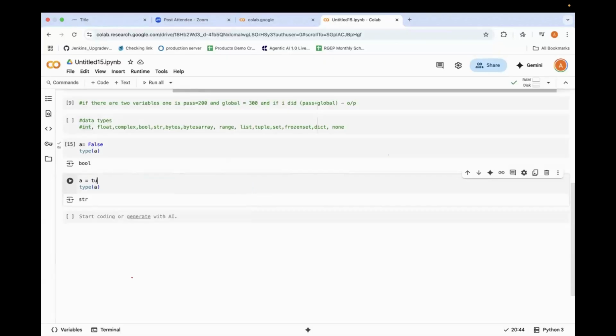And if I put this, error. How do we solve this error? Double quotes, capital letter T to make it Boolean. If you want to use the same thing as a string, you just need to put it in quotes. Clear? Yes, sir.